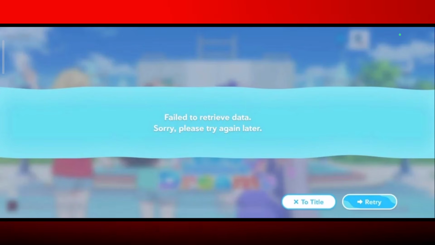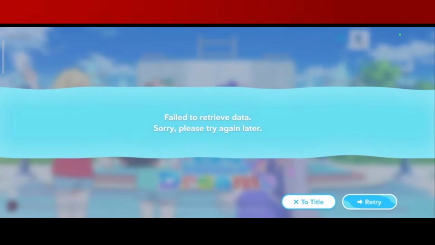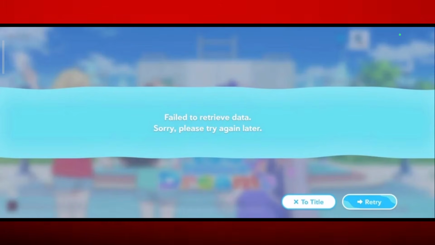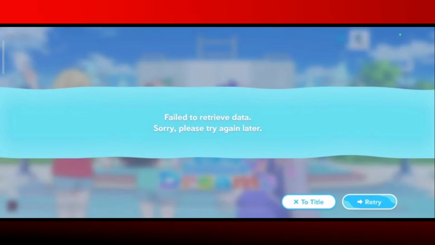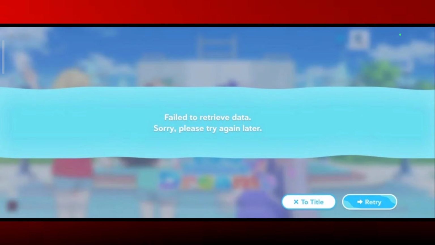In this video tutorial I will show you how to fix "Fail to retrieve data. Sorry, please try again later." So if you're getting this error in Hololive Dreams game on mobile, then follow the fixes mentioned in this